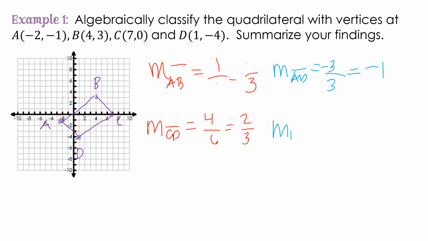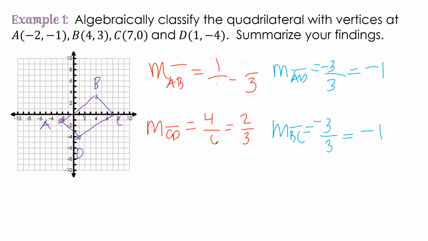BC should have the same slope, but I'm going to make sure. I'm not going to make any assumptions. Start at B, count to C. I'm going to go down 3 and then over 3. Okay, so we definitely can tell this is a parallelogram because the opposite slopes are the same, which means the